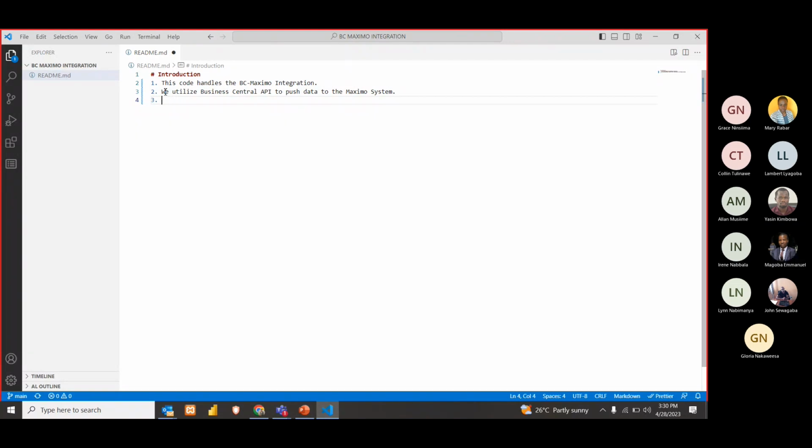The integration points include items, GL accounts, stores requisitions, stock taking. You can put whatever you want. So we've just modified the introduction. Remove whatever is there and put something good. Okay. So if I save this,